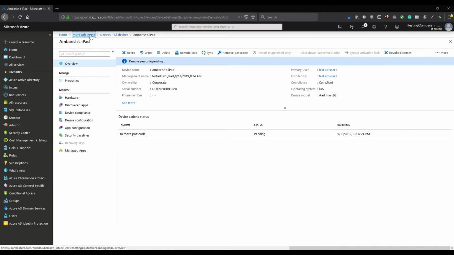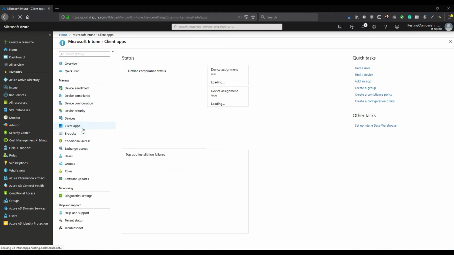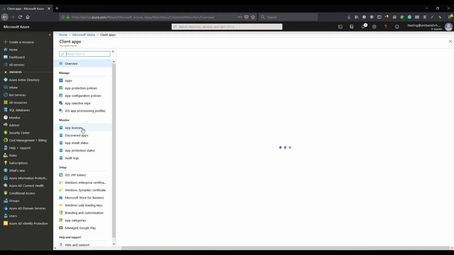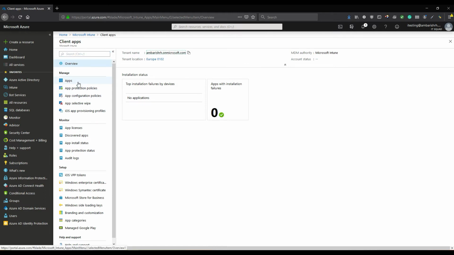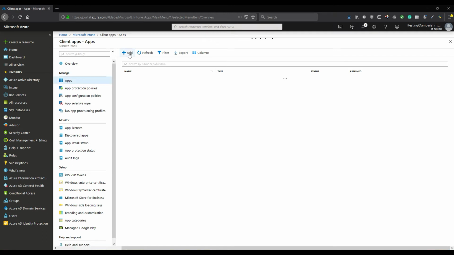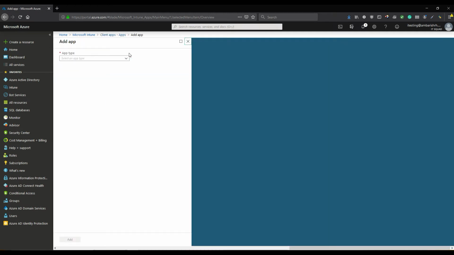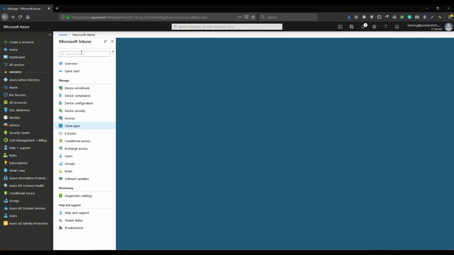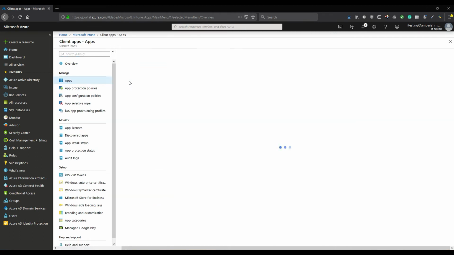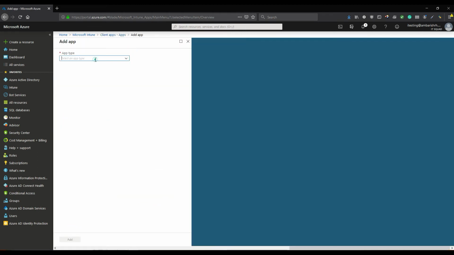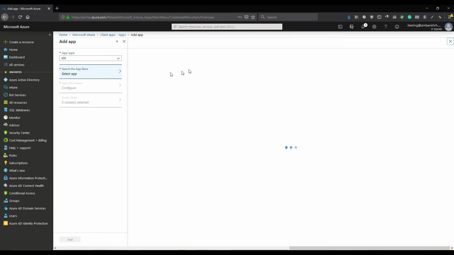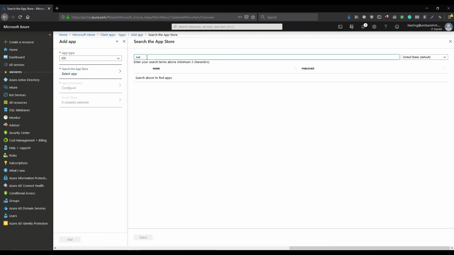Now let's try to push an application and see how that works onto a device. So let's say you want to have a set of applications that need to be installed after the device gets enrolled. You can go to Microsoft Intune Client Apps and then click on Apps, and then let's add Microsoft Outlook as our first iOS application. So I say iOS apps. You have to click add, select the platform and search the app. So I will search for Outlook, this one,